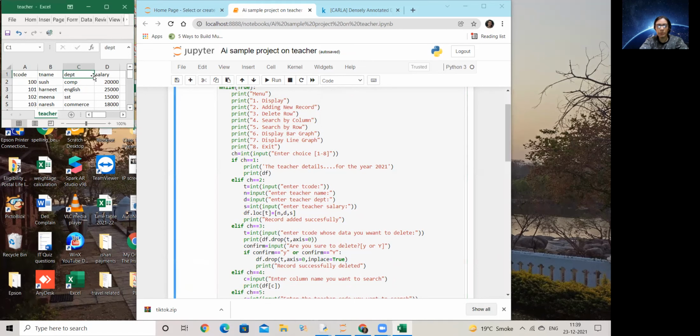Name, department, salary is my data, and teacher code is my index, which is also needed. Now I think you can imagine why I asked you to keep a smaller number of columns, because for as many columns as you have, you need to take input when you want to create a new record. So don't keep it too big. You'll need more time to write. Try to keep it small but relevant.